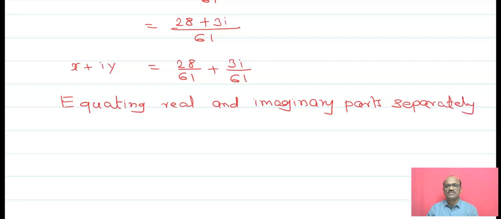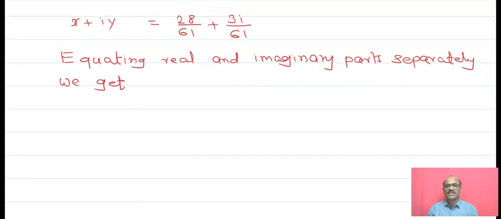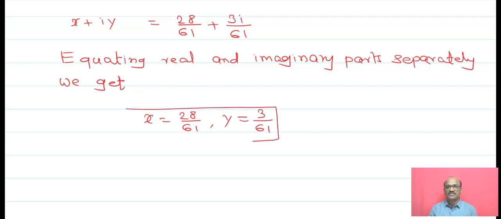Separately, we get x is equal to 28 upon 61 and y is equal to 3 upon 61. Now the next example is